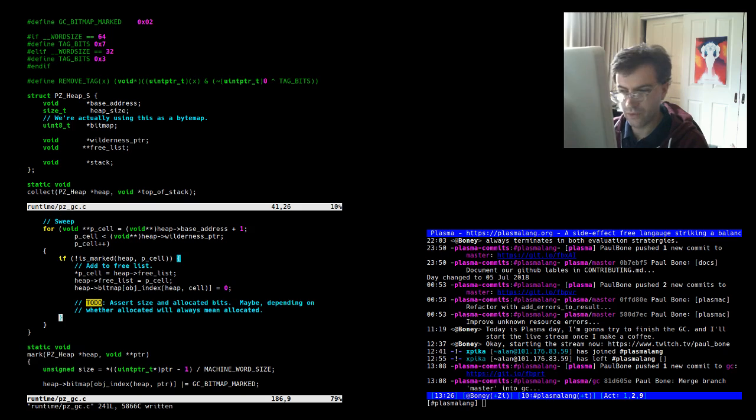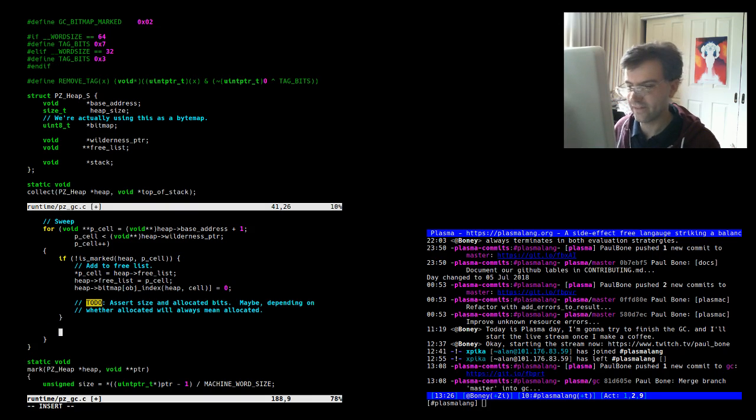And I don't know if you were watching last time, but that bitmap is not actually a bitmap. Everything's a byte, so I can just assign 0 into it without fear of clobbering anything. Add to the free list and move to the next cell. So moving to the next cell is heap